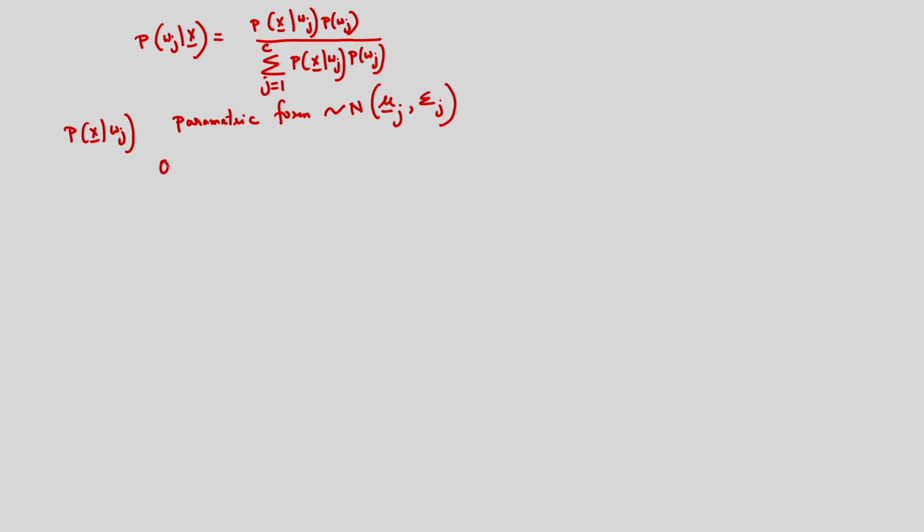So, if you consider this one, the theta j, that is the parameter vector. I have two parameters, one is the mean vector and another one is the covariance matrix that I have to determine. So, if I want to show the maximum likelihood estimation, suppose we have the training sets D1, D2, up to DC, and the training algorithm is available.